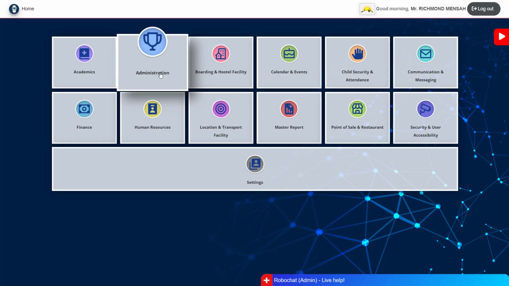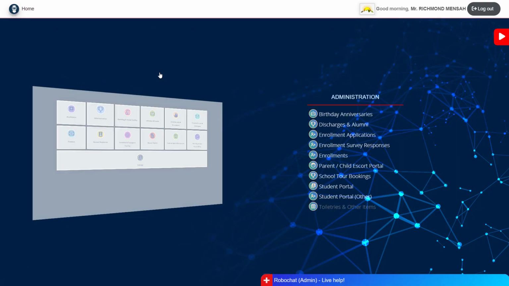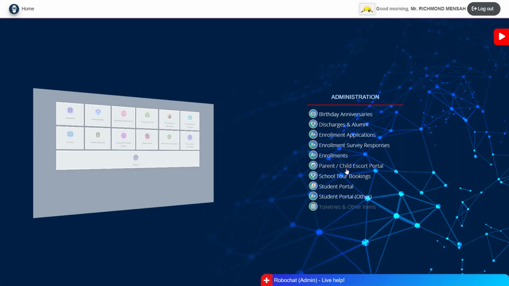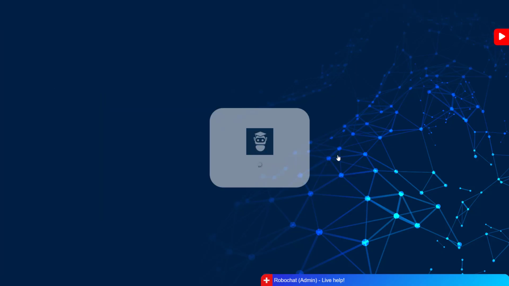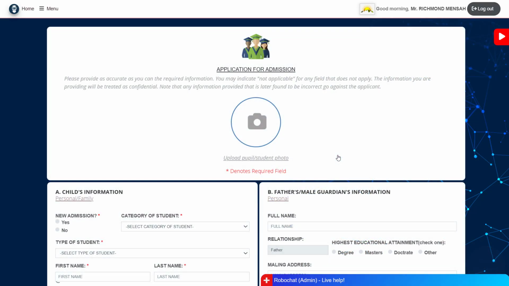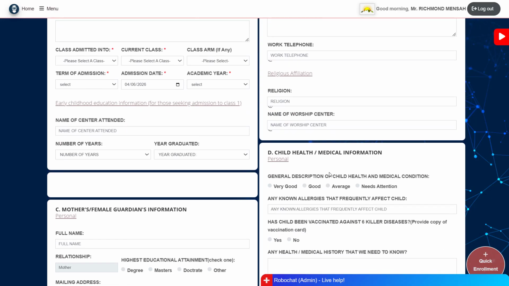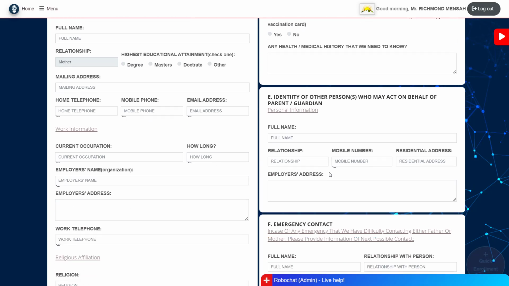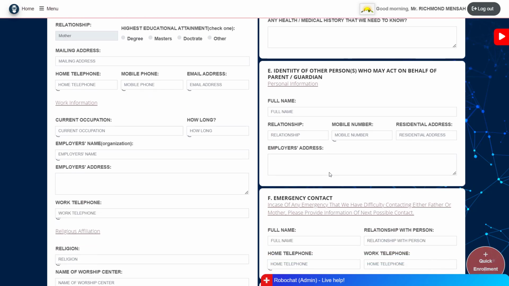So when you come to the administration, you open the administration portal, and then you select enrollment. In the menu items under the administration portal, you select enrollment. So this is the enrollment interface. It shows the form, a lengthy form for that matter. This takes a lot of time to complete, and so the